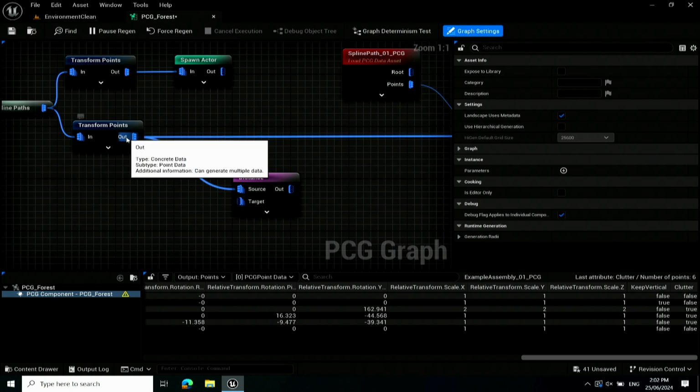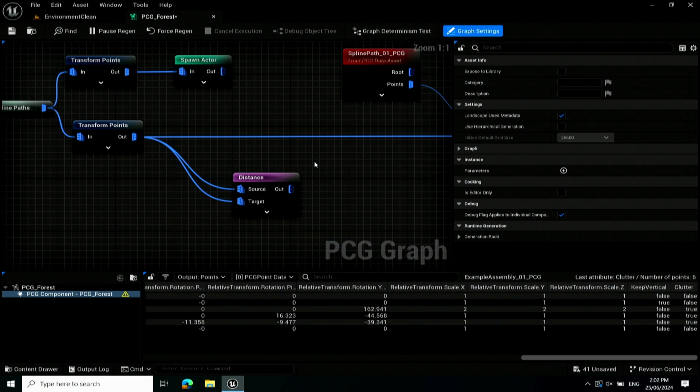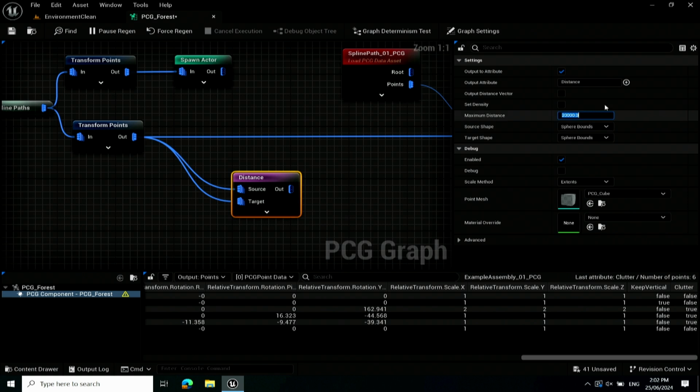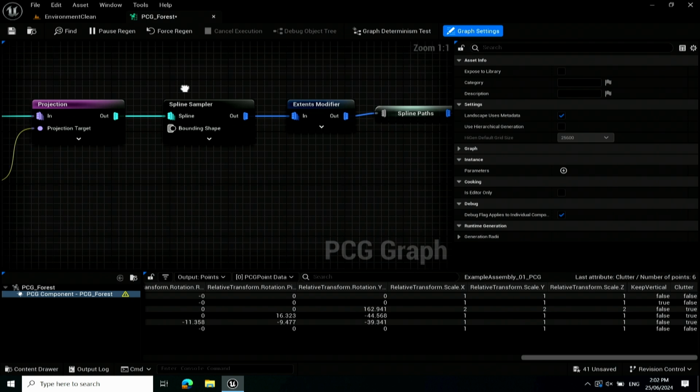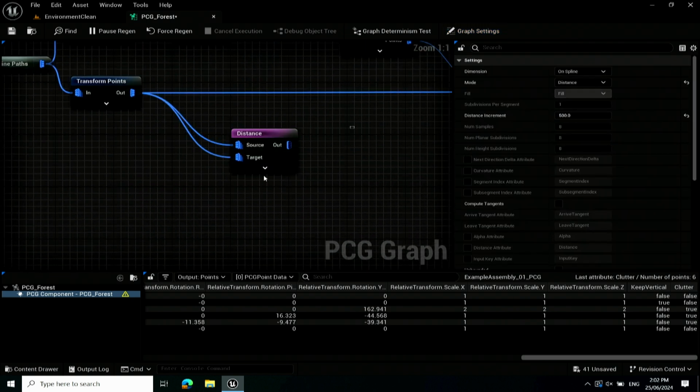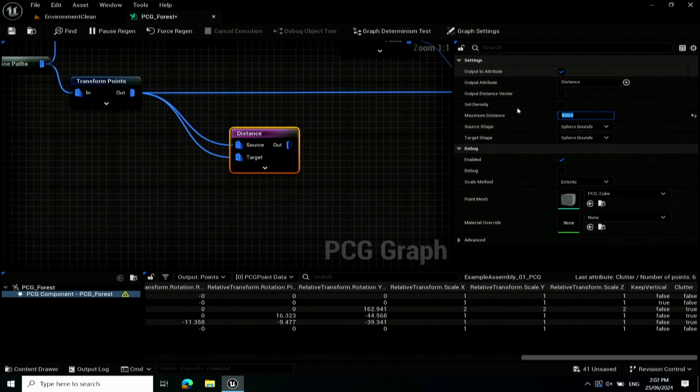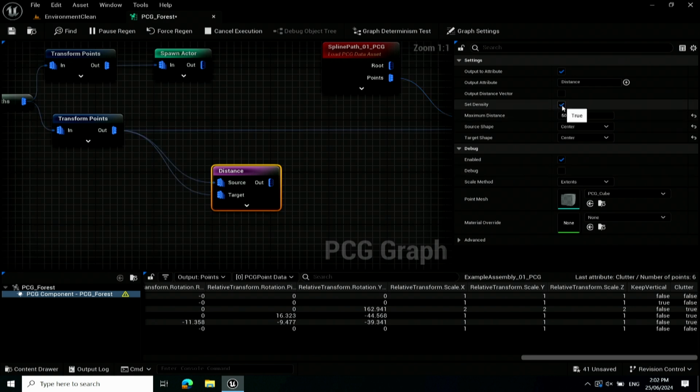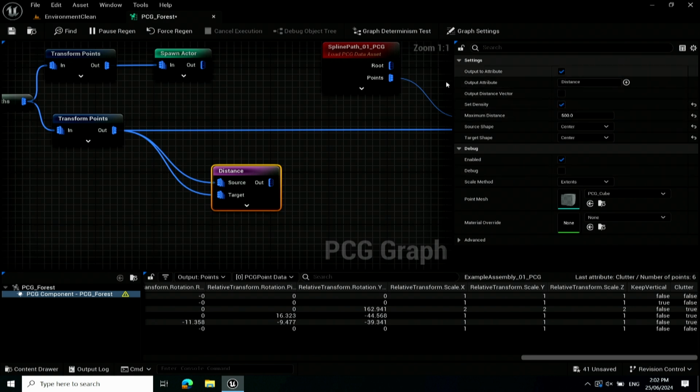But there's a fun little trick you can do with the distance node that lets you run the distance node into itself. And if you run it into itself, it finds the distance to the nearest thing inside of its own set of data. So it finds its nearest neighbor. And if I look, I set these things to, I think, 450 units apart, I want to say, 500, right? If I look for something 500 centimeters from me, where we're tracing to the center of the objects, and I click this button that says Set Density, which just gives them a value that's easy to look at,